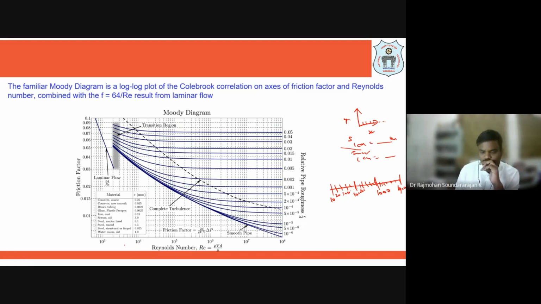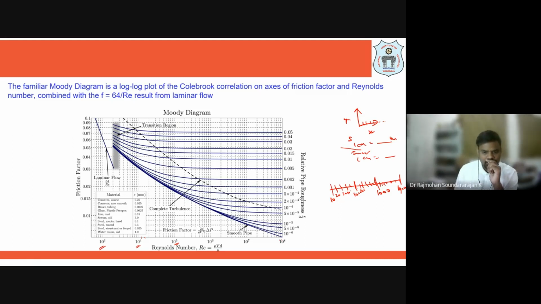If you are clear about that, it is easy to use these log graphs. As you see here, it is 10 power 3, 10 power 4. Between 10 power 3 and 10 power 4, each subdivision changes in terms of 10 power 3. Between 10 power 4 and 10 power 5, each subdivision changes with respect to 10 power 4 values. Remember, these are all high values; beyond 4000, it is turbulent flow. So we have values of 10 power 5, 10 power 7, 10 power 8, up to that.